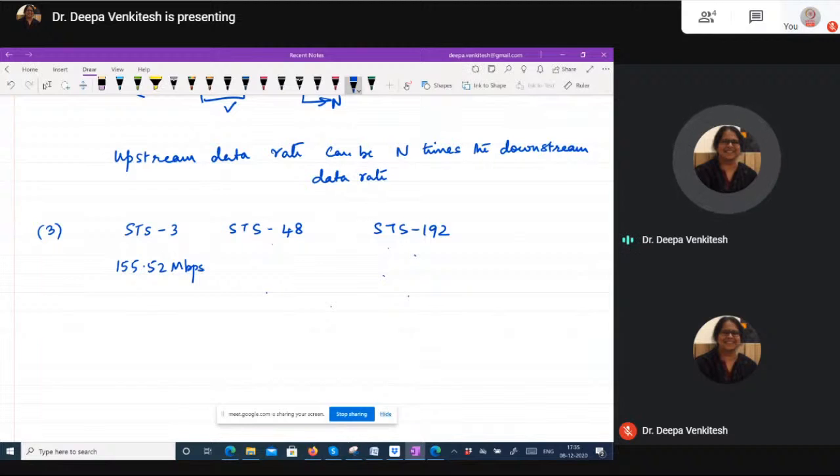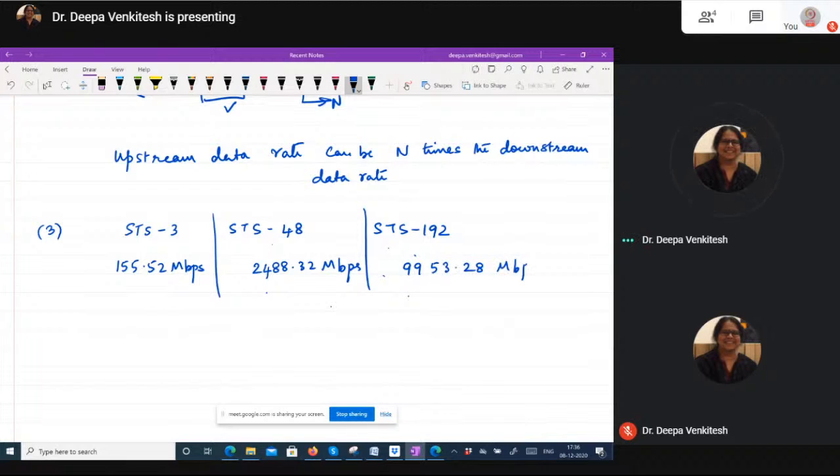Now, these are numbers you don't have to mug up, but from the lookup table you can generally figure out. STS-48 is the 2.5 gigabit standard, which is 2488.32 Mbps, around 2.5 gigabits per second. STS-192 is our 10 gigabits per second standard, at 9953.28 Mbps. So this is what we call roughly 10 Gbps, 2.5 Gbps, and this is 155 Mbps. These are the most commonly used